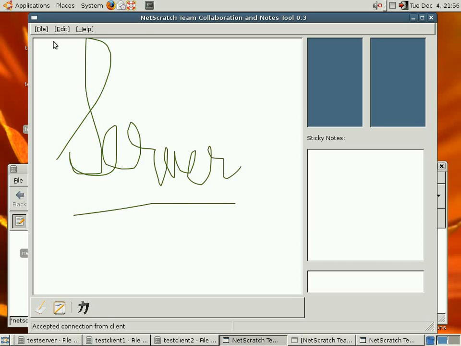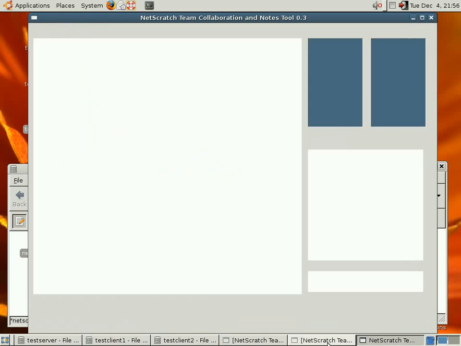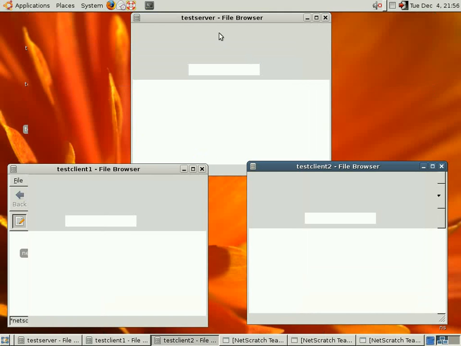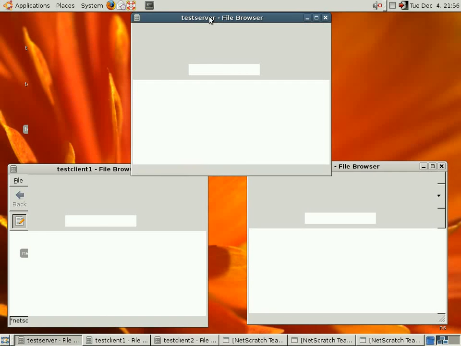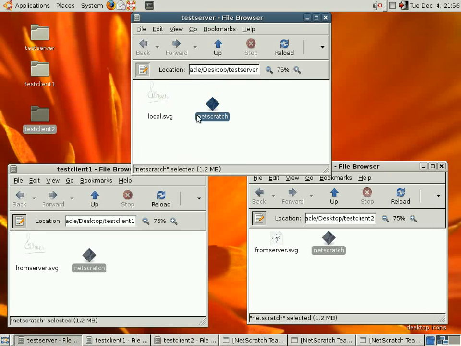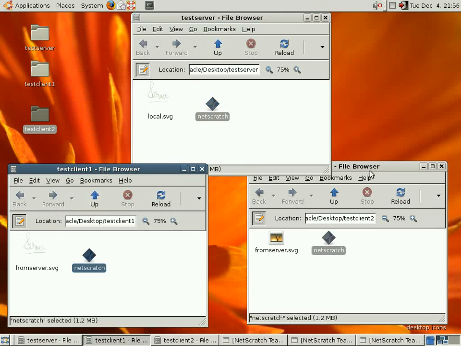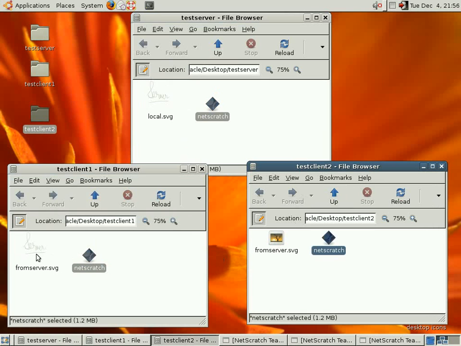Say a drawing that says server. Send the SVG data. We're going to minimize to watch what happens during the transfer. So as the server sends, it creates a file called local on its own system. Then it sends the data to the 2 clients. Notice that client 1 has received it and client 2 is in the process of receiving it. And when the receiving is complete,